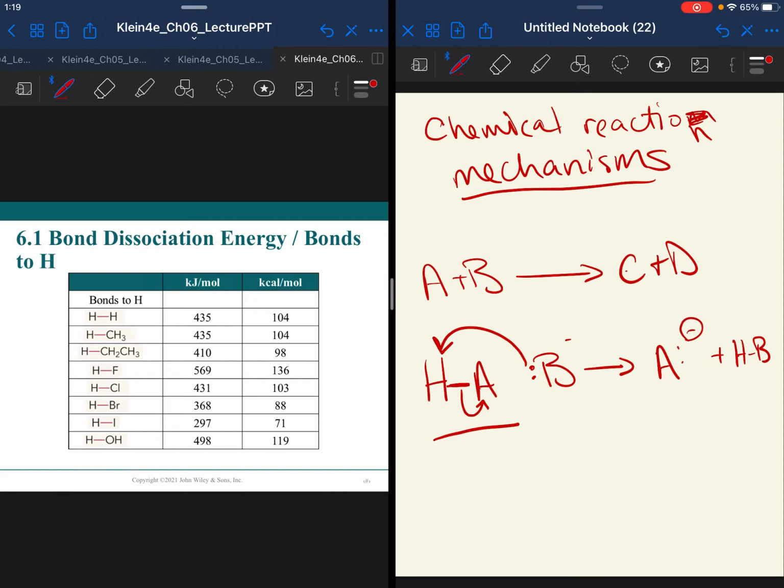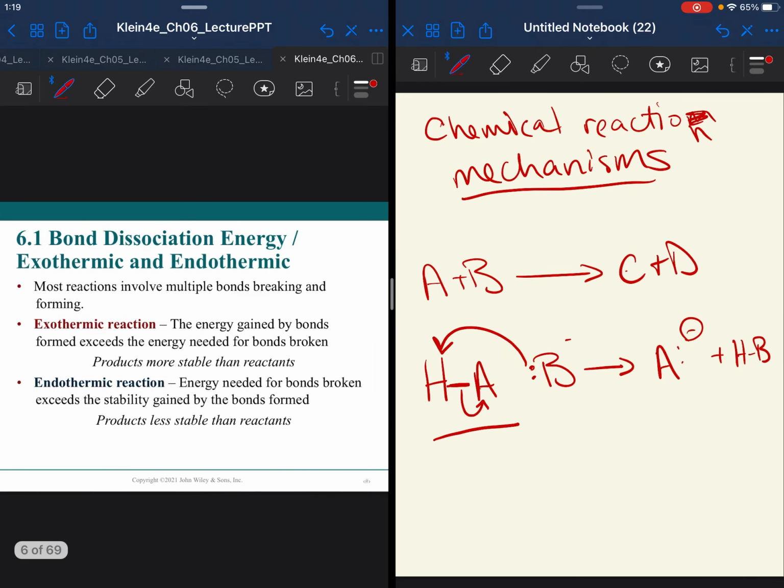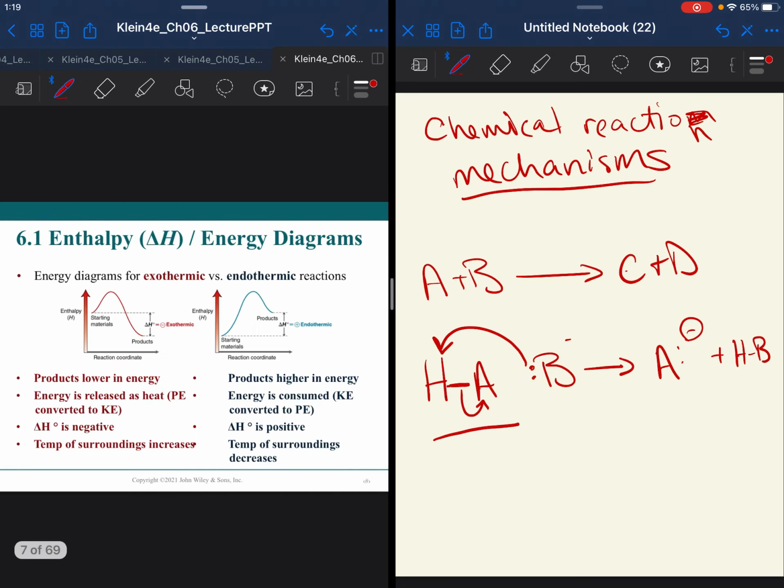We're not going to worry about specific bond dissociation energies. This is something you covered in Gen Chem, and we're not going to be doing the math behind this, but this is, again, just a little bit of a review chapter. Okay, we've discussed endo and exothermic reactions. Every now and then that will come up when we talk about certain reactions, and we'll review that when we get there. We will see a lot of energy diagrams as we learn about new reactions,